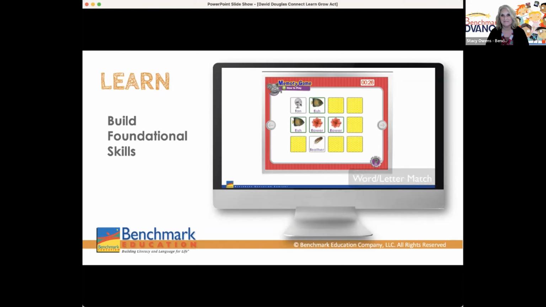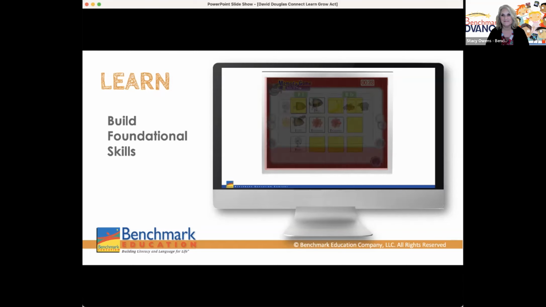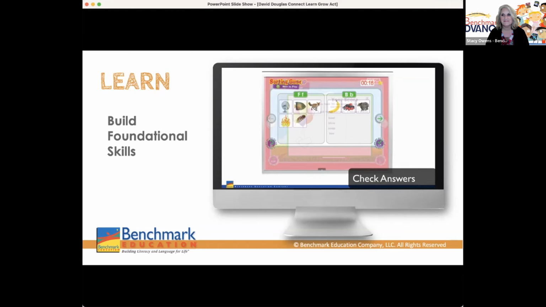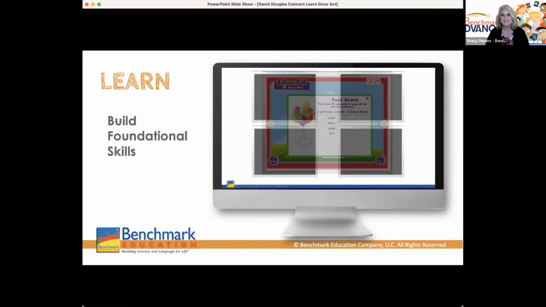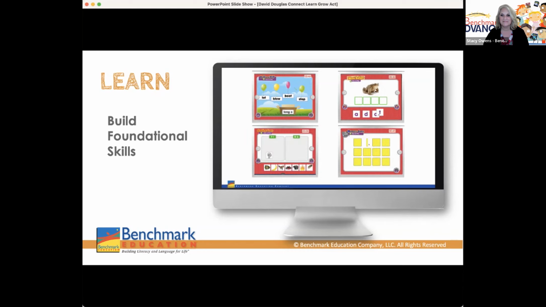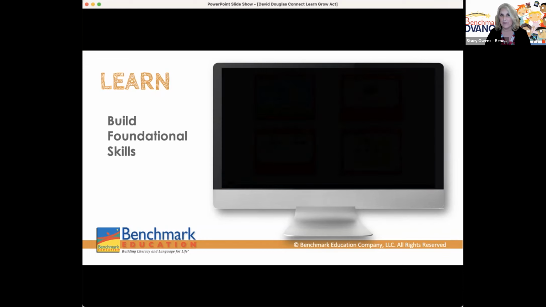Games will include a way for students to check their answers and, when appropriate, a summary of their performance. All of these games can be assigned by teachers and accessed by students from both school and home. With Benchmark Advance, students will have access to interactive, fun, and engaging games for practicing those important foundational skills. So we're not all just work without any fun. We actually add in those nice and interactive games, because who doesn't love games after all?